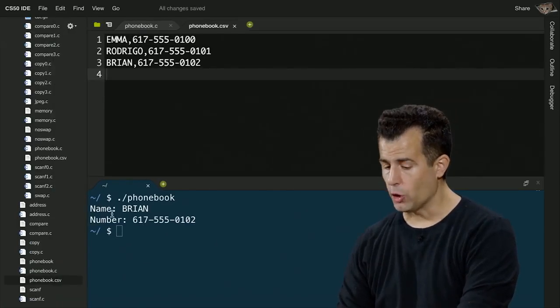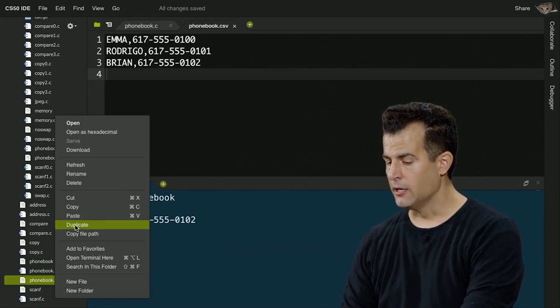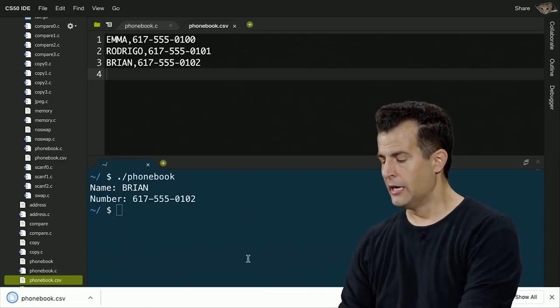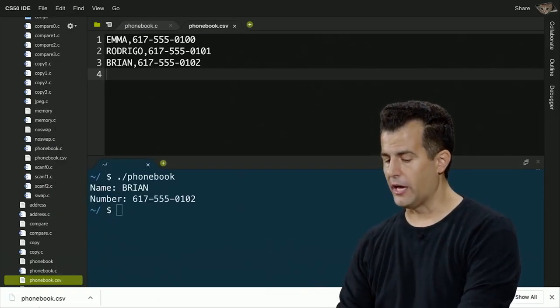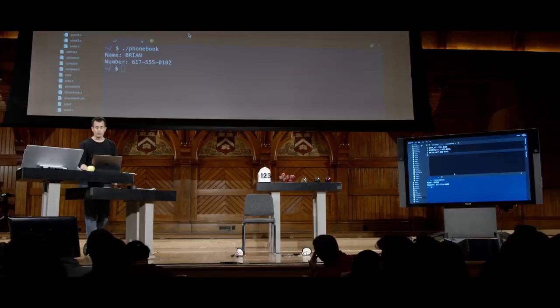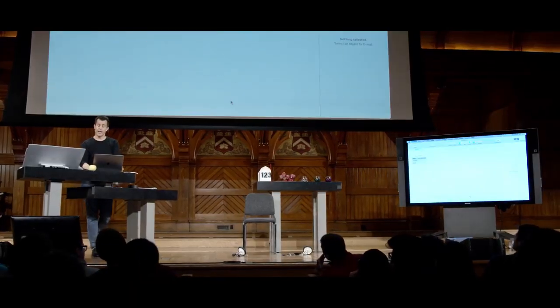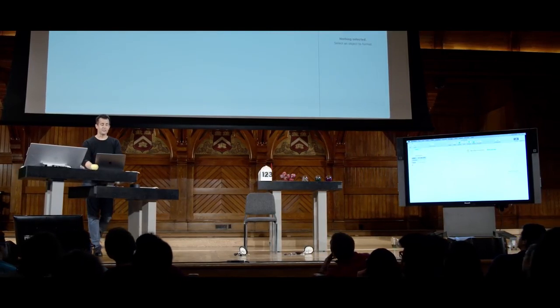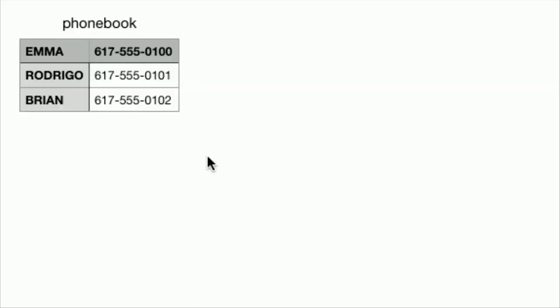And now, if I actually go and download this file from the IDE, by control-clicking or right-clicking on it, it ends up in my downloads folder. And if I click on this, if you have something like Numbers or Microsoft Excel installed, and you use it for the very first time, you'll see that it's opened up a spreadsheet containing those names and those numbers.